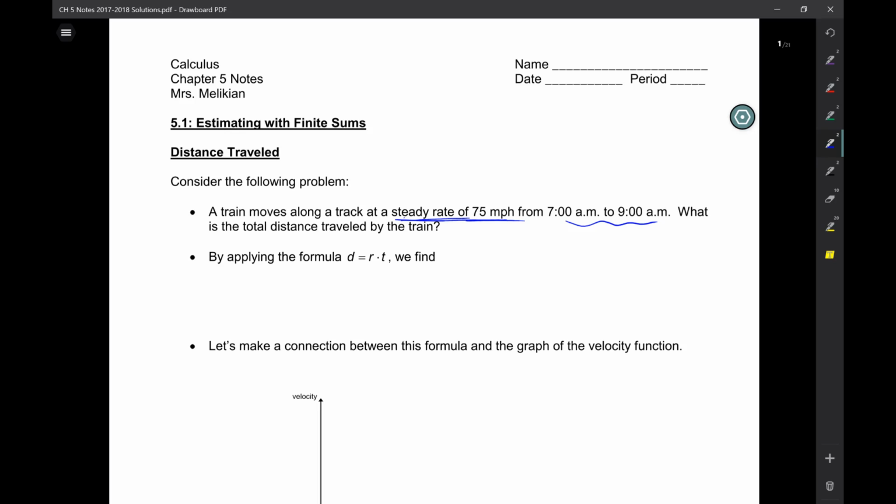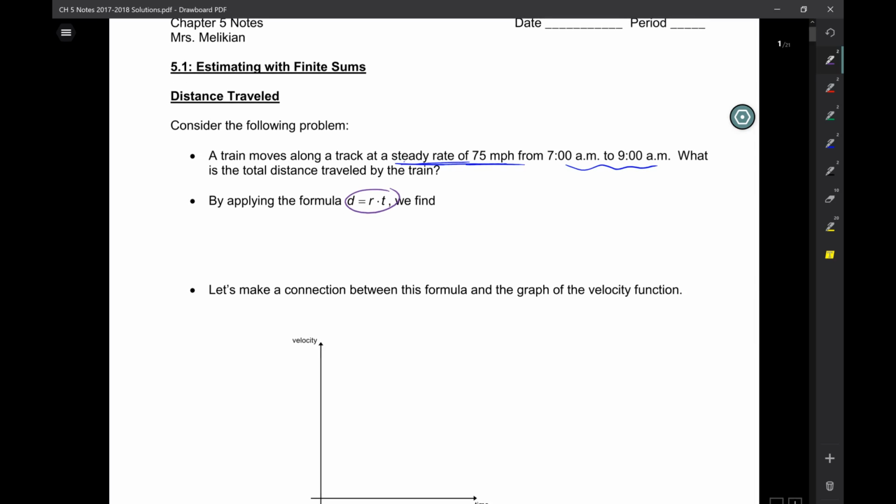We can do this. It's not even calculus. All we need to do is use the formula distance equals rate times time. So we say distance is 75 miles per hour